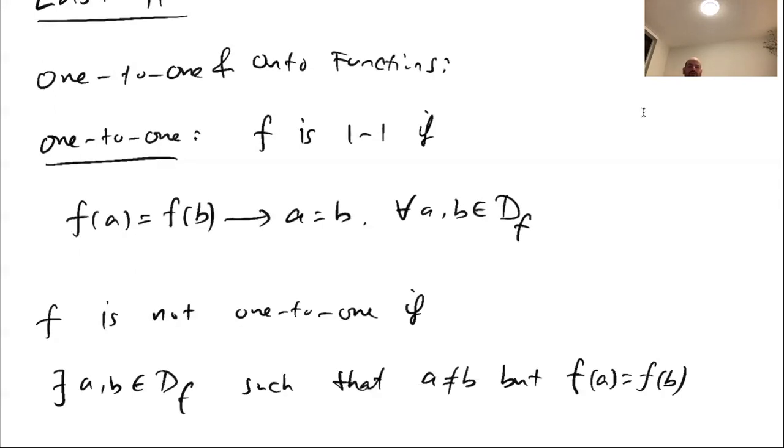So if you can find two different inputs with the same output, then that means you have a repeated output and therefore your function will not be one-to-one. But if you want to show that it is one-to-one, then you cannot work with examples. You have to prove in general, meaning that if f of a is equal to f of b for any a and b in the domain of f, then